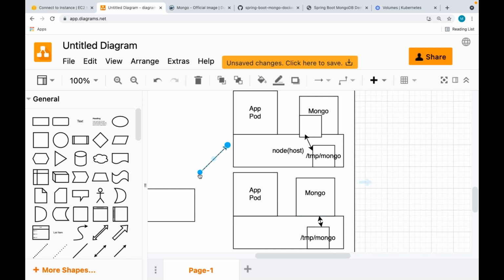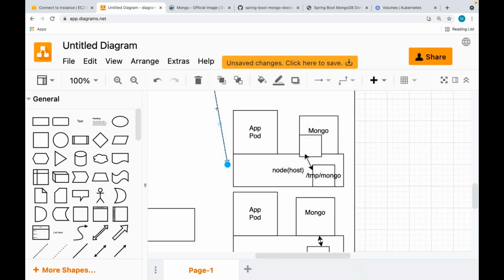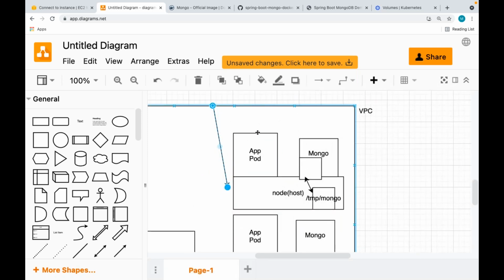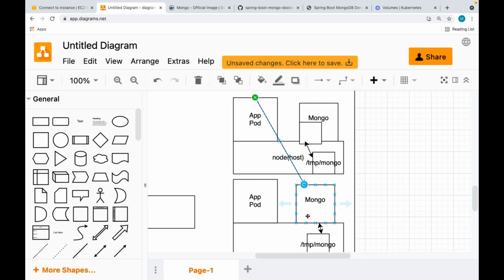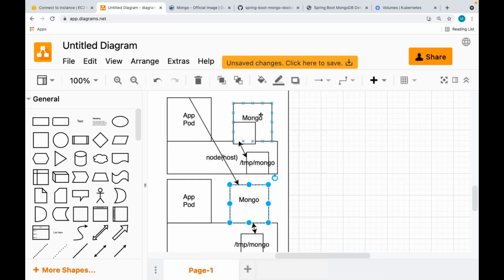Are you getting my point, guys? Here it is very important. My application first connected to this database and inserted the data. Then for the second request, it connected to this database to read the data. If I just have 2 databases without any cluster setup, do I have data consistency? If I just created 2 database replicas, no, that is not the way it is going to work in real time. In a database you also have a clustering concept, primary and secondary.